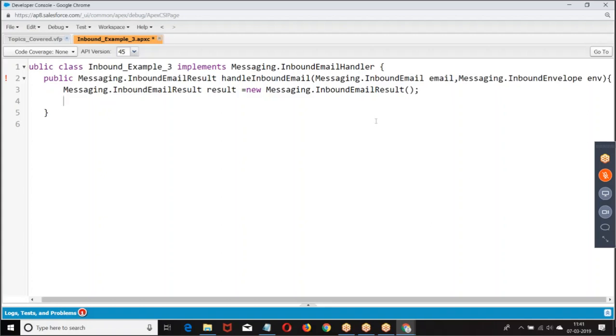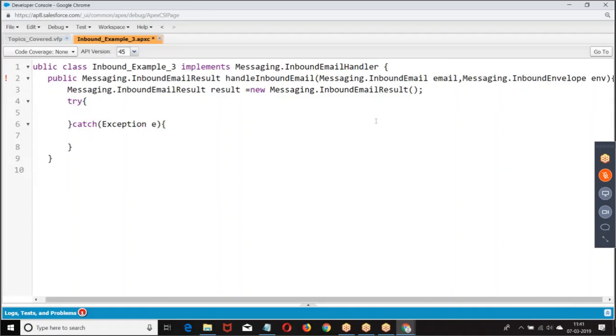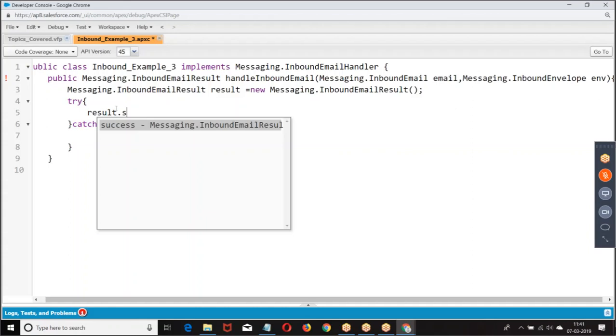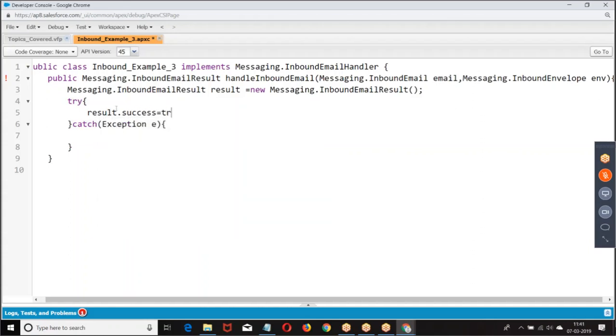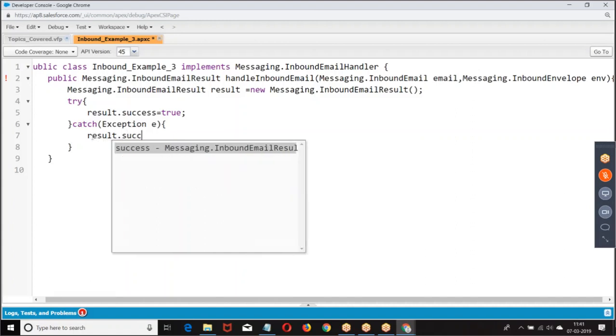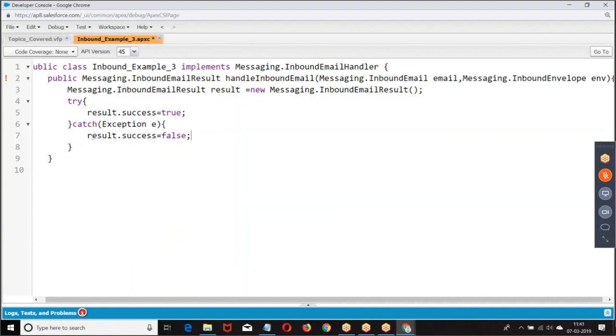Then we are trying to control it. Result.success equal to true. This is what we give. What is the first point we need to do?